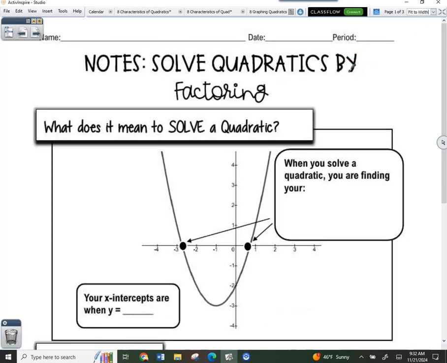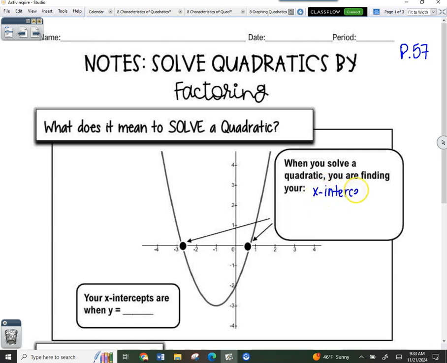Okay, this is page 57. You'll notice that it says at the top, what does it mean to solve a quadratic? You've already done solving quadratics by graphing. If you're solving a quadratic, it means you're finding the number or numbers for x that make the quadratic true. You're finding where it's crossing the x-axis. So notice right here, when you solve a quadratic, you are finding your